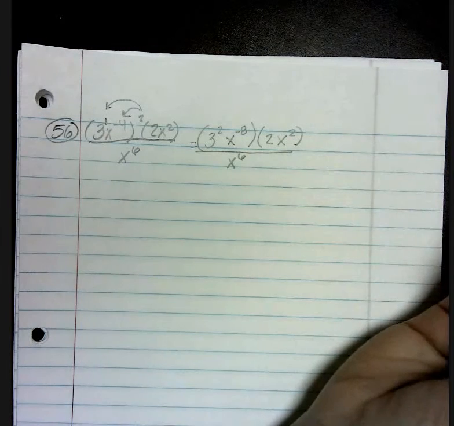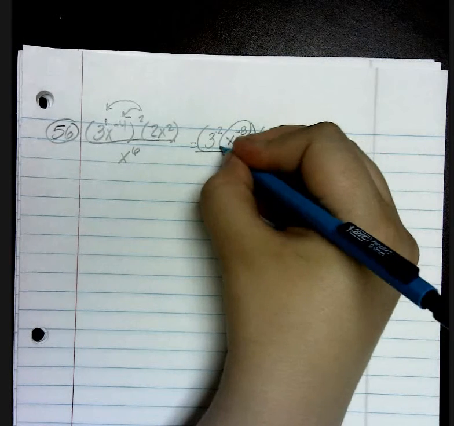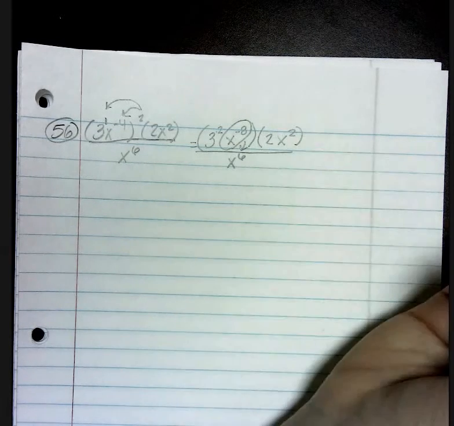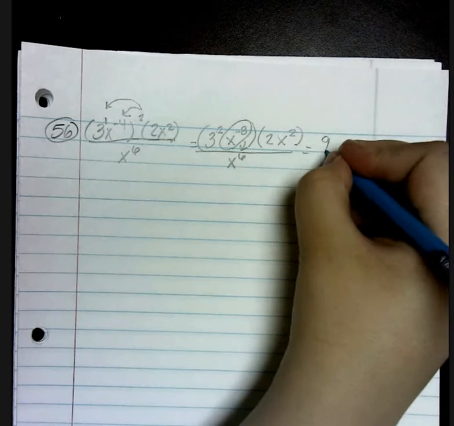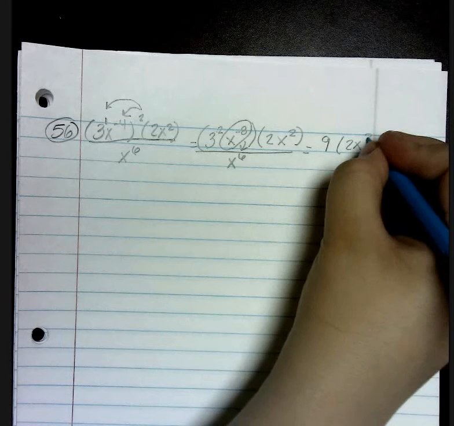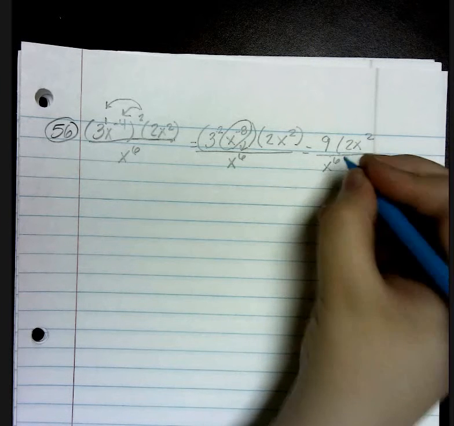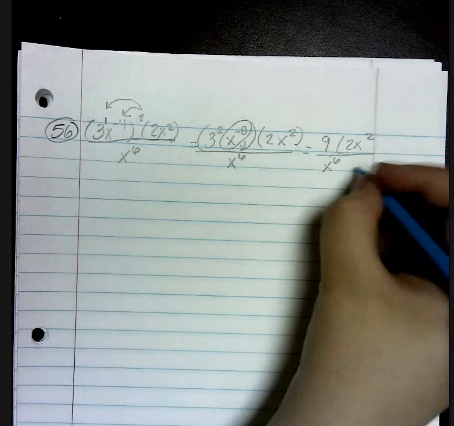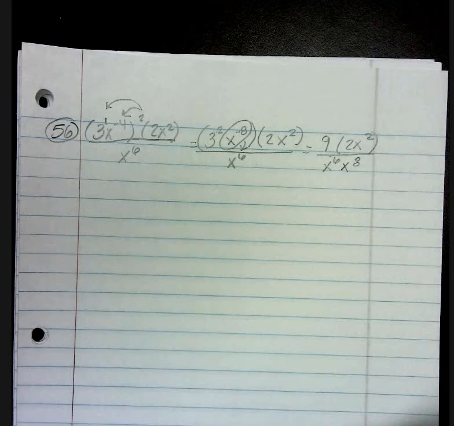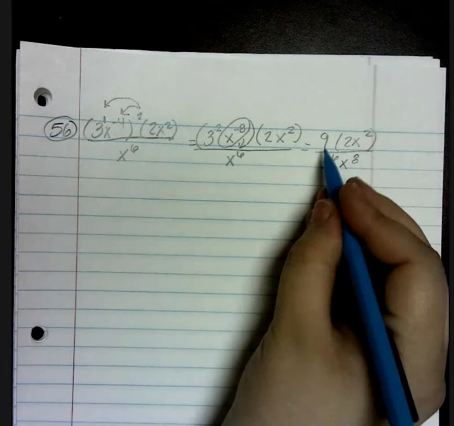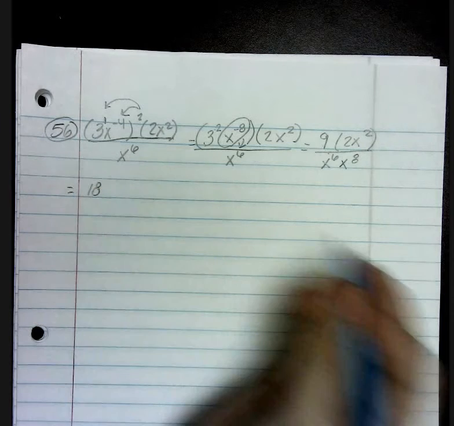Well, I'm going to evaluate my 3 squared, and I'm going to move my negative exponents to the other side. So 3 squared is 9. I've got the 2x squared, and then x to the 6th is in the denominator, and the x to the 8th moved down to the denominator. So now I have 9 times 2, which is 18. And I have my x squared,